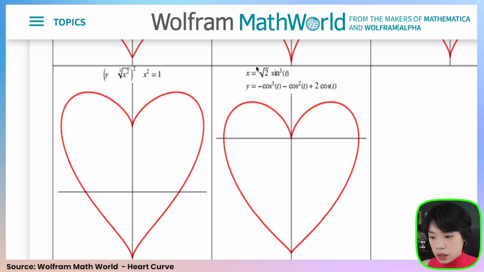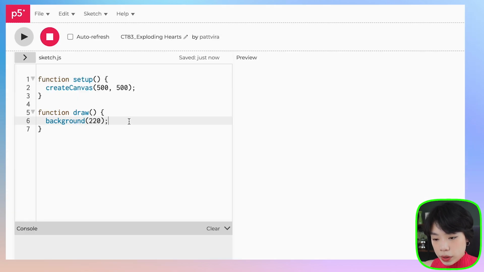And we have parametric equations here, which are equations of x and y as a function of a different variable. And as you can see here, the variable is t. And how we're going to do this is that we're going to provide a variable t that goes from 0 to 360 to get a return value of x and y that provide us with a curve of this heart shape. All right, so we're going to use a for loop that goes from i equals 0 to